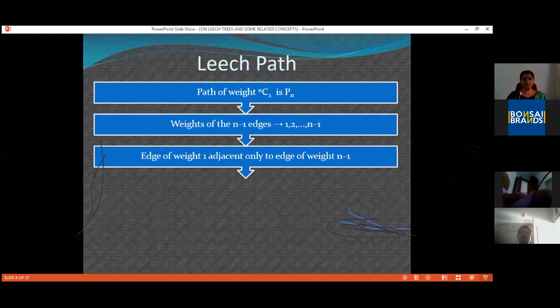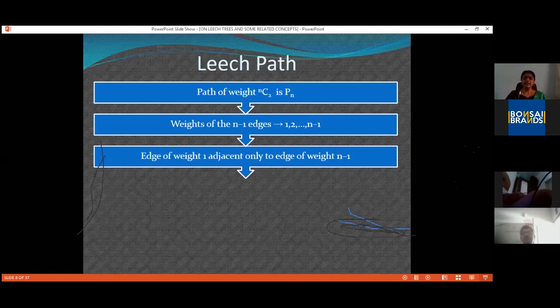So what we get from that is what I have written here. The edge weight 1 is adjacent only to one edge of weight n minus 1, and hence this 1 is the weight of a pendant edge in the path. So we can start with labeling the first edge as 1 and the next edge as n minus 1.